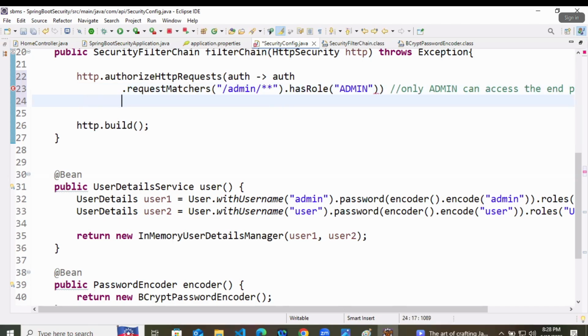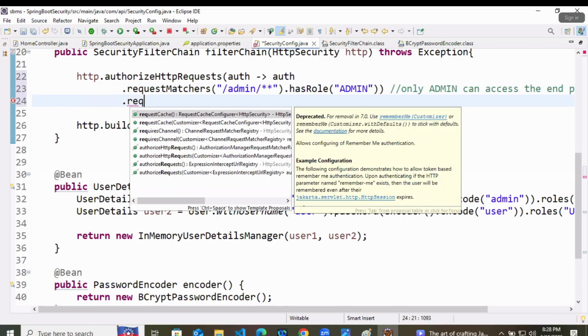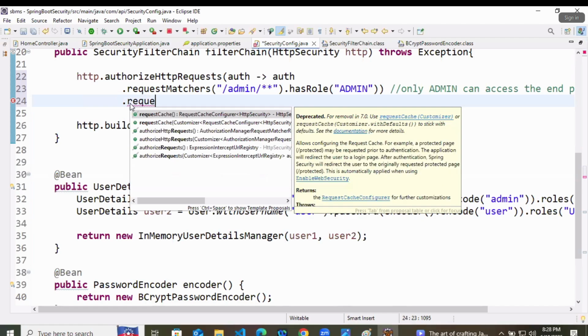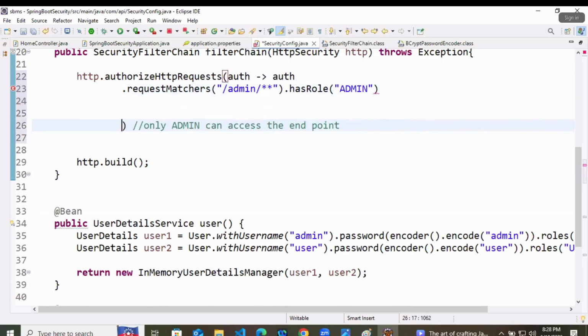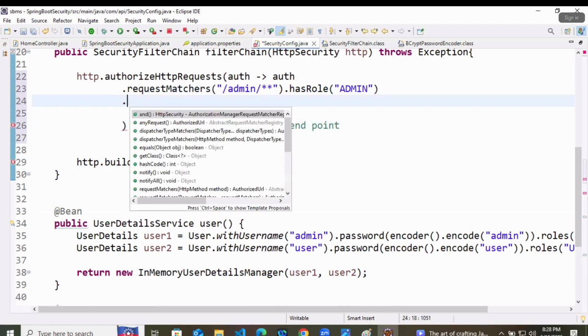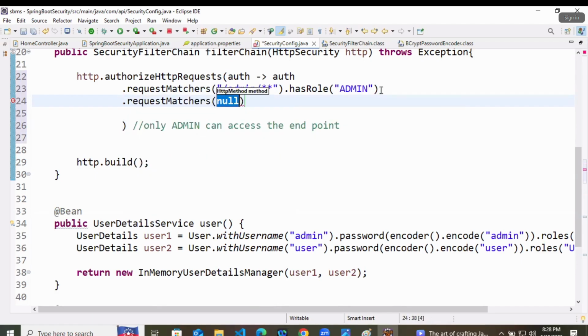Second also we will have, that is dot, something error is there. Hmm. Okay, this one. Dot, second also you will have a request.